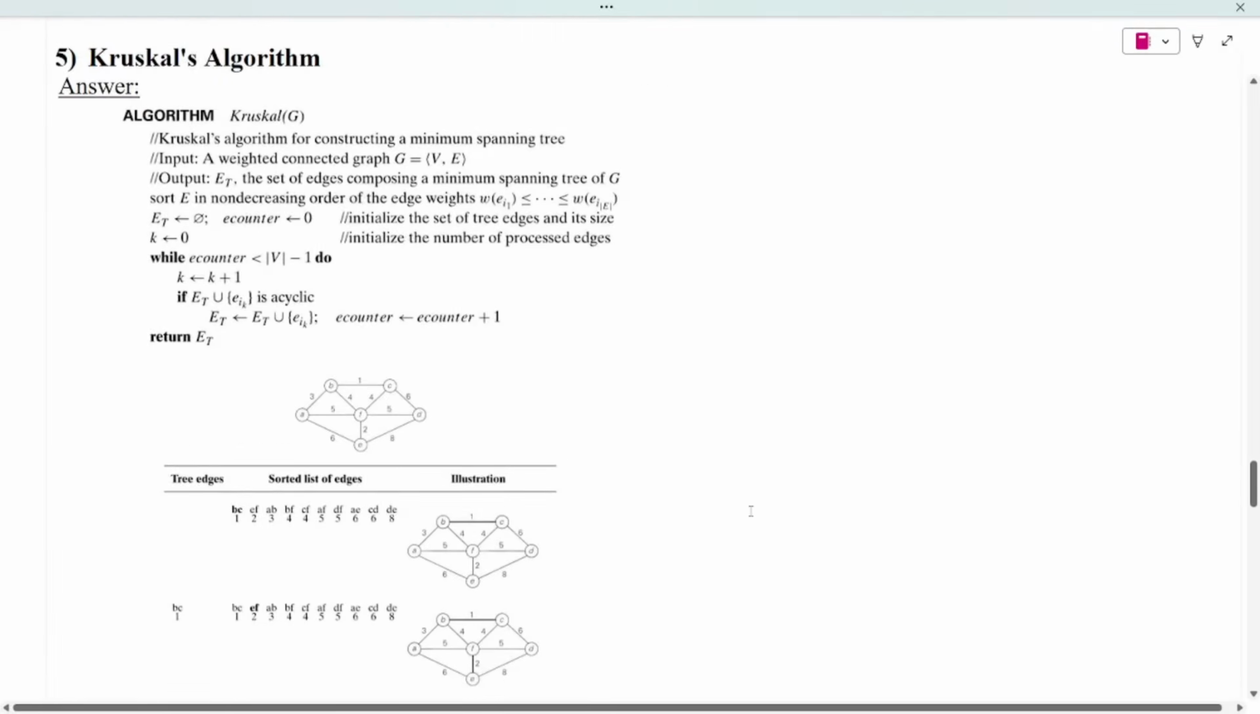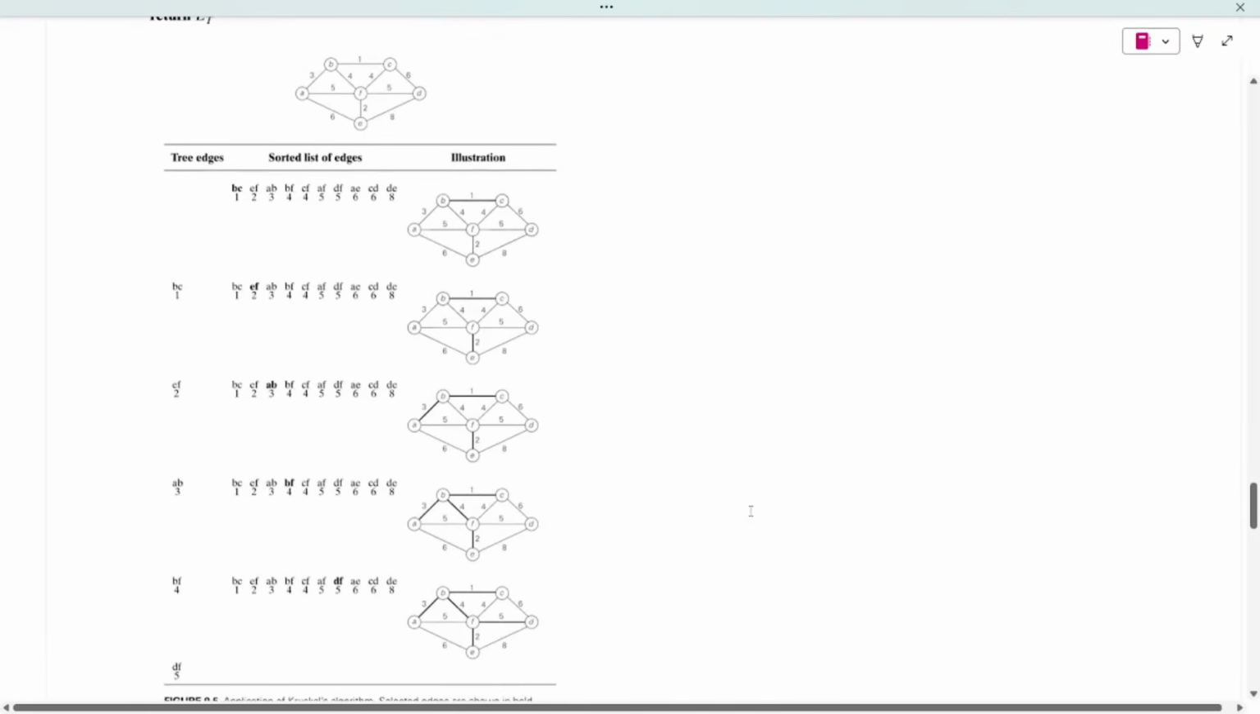Okay, in the graph again the Kruskal's is same, that you'll be following a path that does not form a full cycle. Okay, first